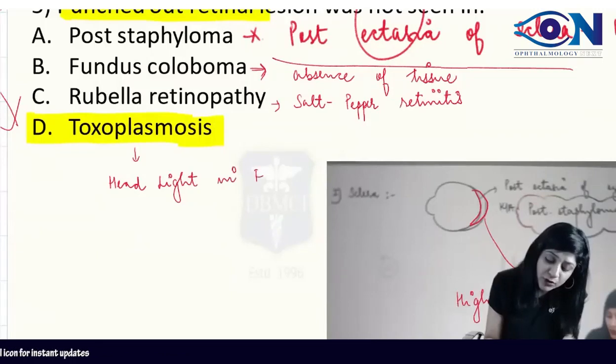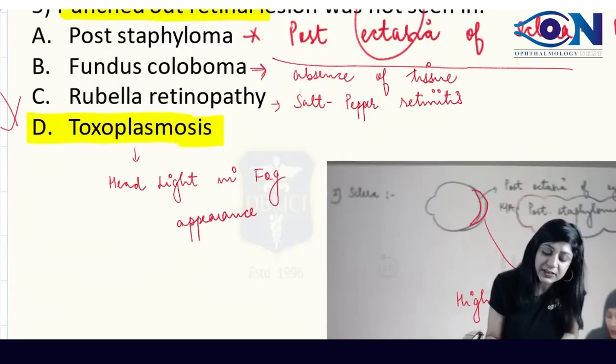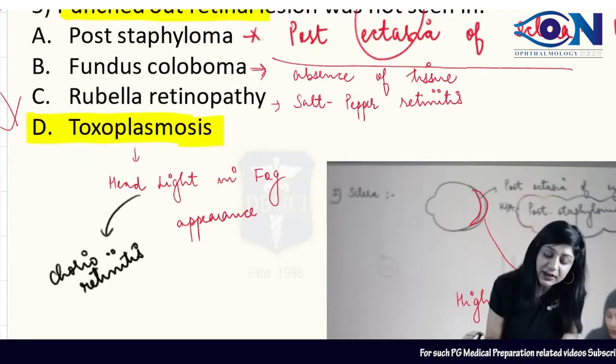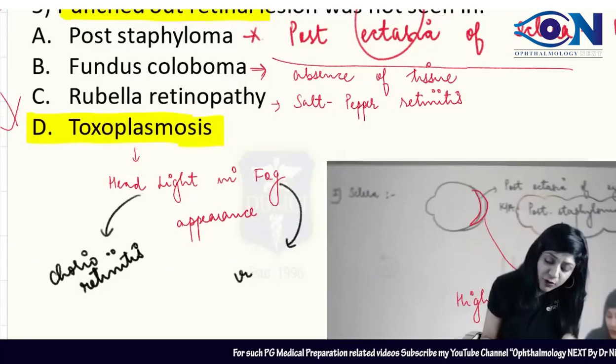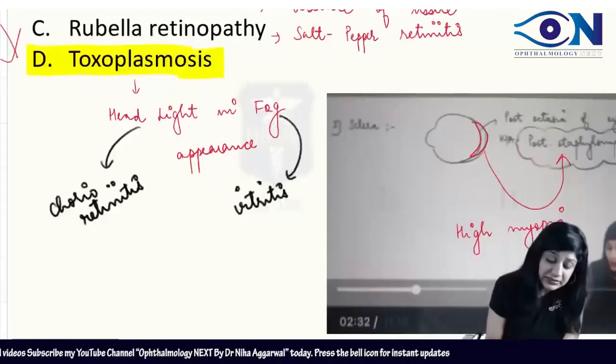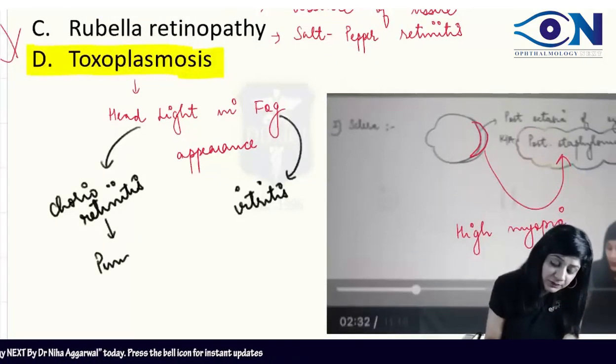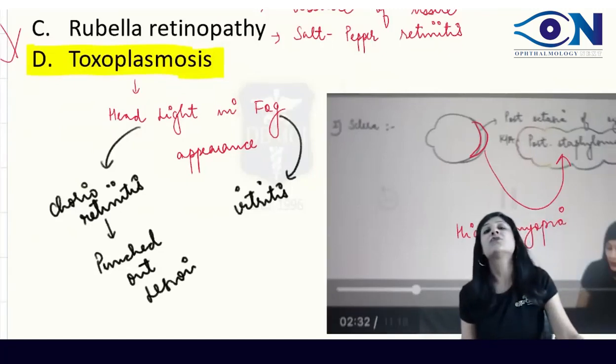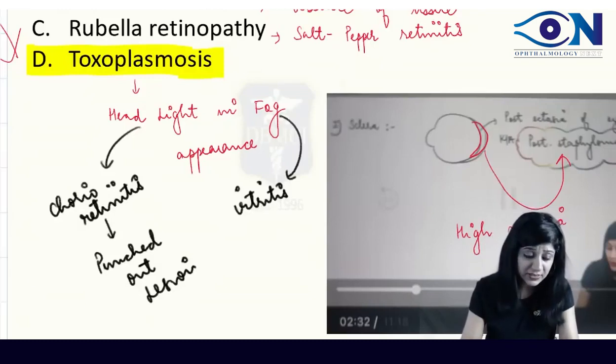This headlight is a patch of chorioretinitis, and the fog is actually the vitritis. So this patch of chorioretinitis is actually a punched out lesion. So ideally what they should have asked is that it is found in; out of this it is found in the toxoplasmosis. Nevertheless,